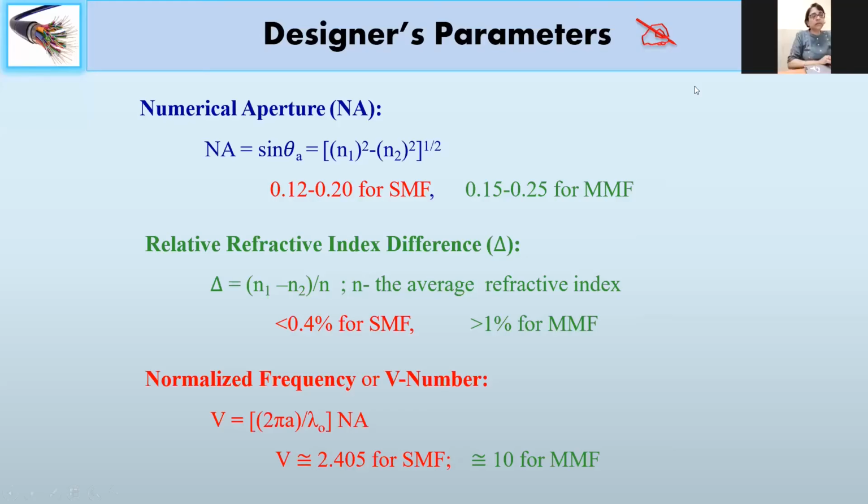Now, just a quick recap of what we did in the last class before we start with the new concept. In the last class, we looked into how to design a fiber, the designer's parameters like your numerical aperture, which was done in a previous class, and we used it to calculate numerical aperture and relative refractive index to calculate the V number, which gives us how many modes will be the guided modes in the fiber. Guided mode means the modes which have an energy that will be in the core and not in the cladding.